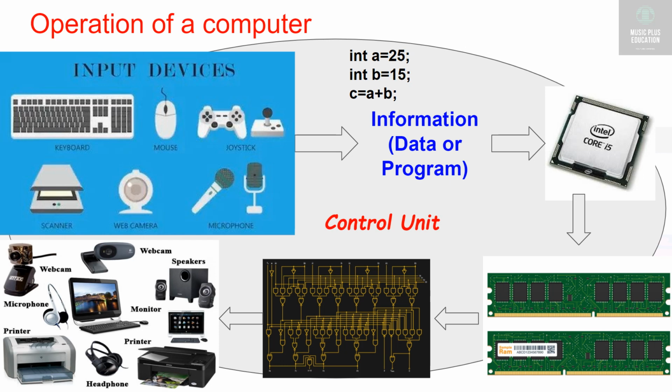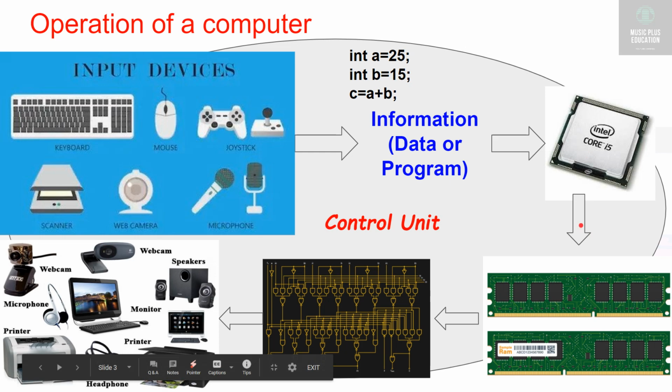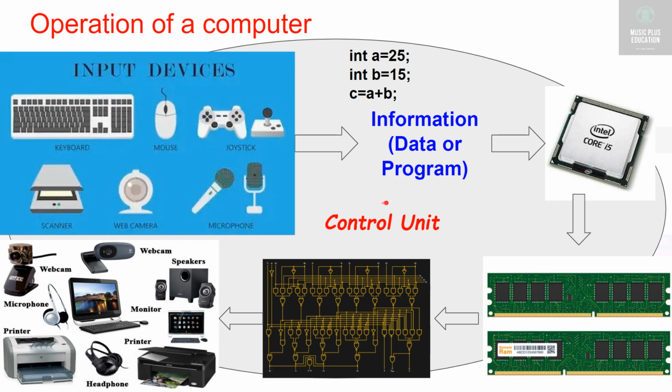It generates timing signals to the processor, within which it has to read the data or write the data into the memory. Read the data from the memory or write data into the memory. So the control unit's job is to generate timing signals. By generating timing signals, it controls the entire operation.